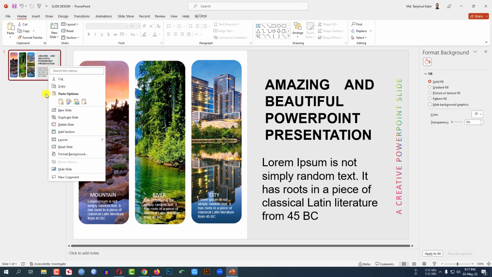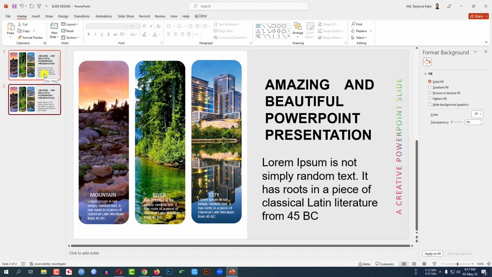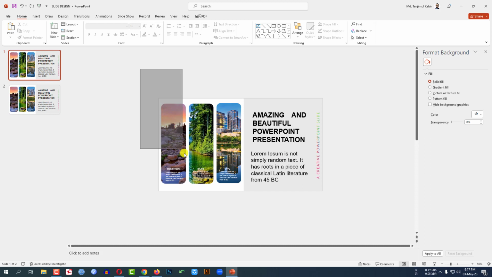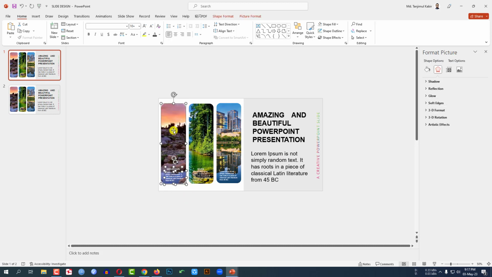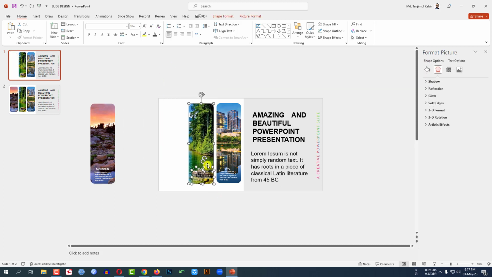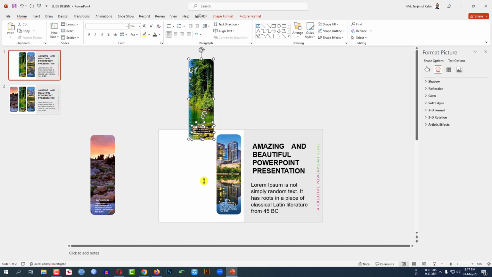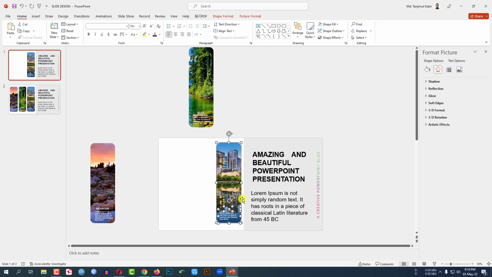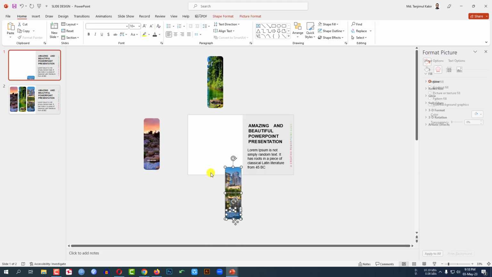Click on right button, click on duplicate slide. Select this one. Let me zoom out. Select this shape and this text and place it like this. Now again select this image and this text and place it here. Again select this text and this image